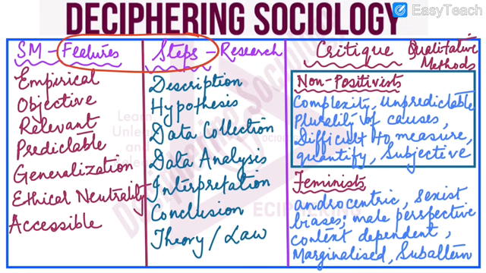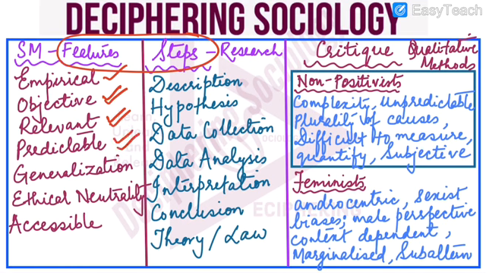So here you have to write empirical. Empirical means I am observing something and then I am studying it. I am not putting into thought my values, nothing. Only observation and studying. Objective means it does not change. Like subjective, it has values and changes from person to person. Objective means it is not changing. It is relevant to society.